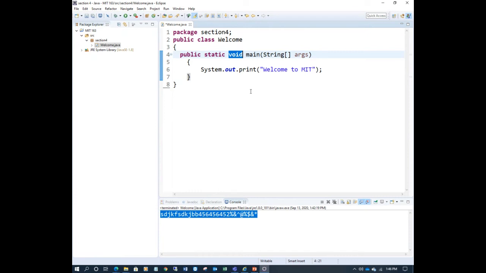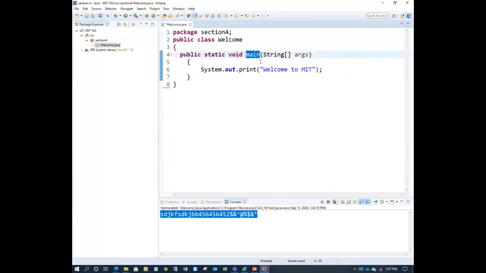This is called void. It means the method is not returning anything, just printing the message, not returning any data back to the caller. Basically you have to remember that this line is the same every time, no need to change.